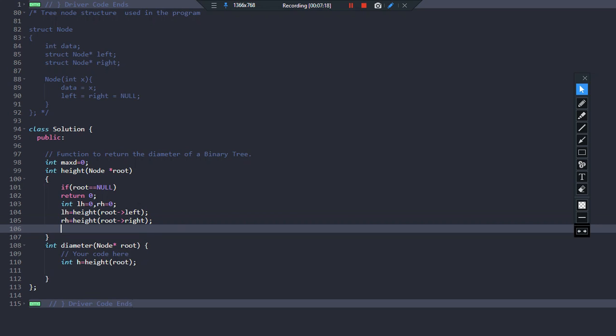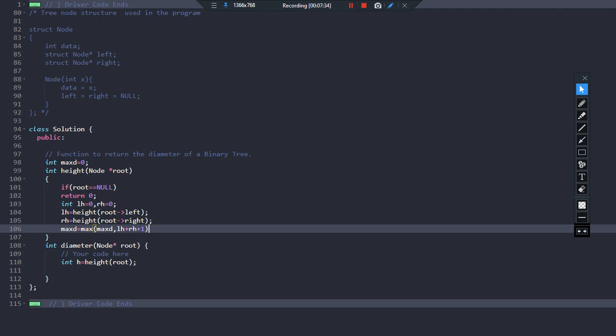Now what will we do? We will update our max d value. Max d value is equal to the maximum of the current max d value, comma the current maximum diameter, which will be left height plus right height plus 1, isn't it?